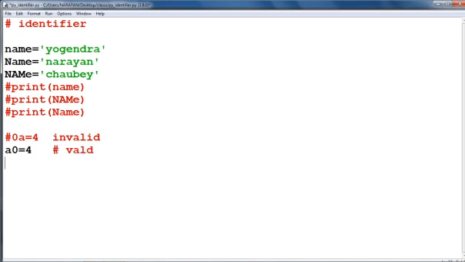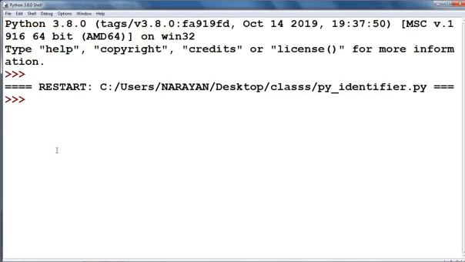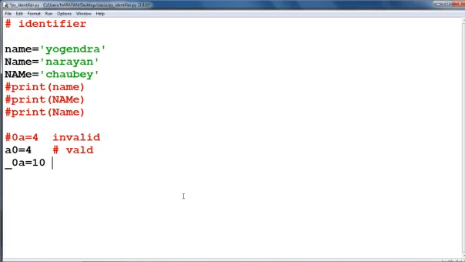If we start with an underscore, _0a equal to 10, now see the output. There is no error in this code. That means this is also valid, because underscore is treated as a character, a letter. These are the rules to define the identifier.